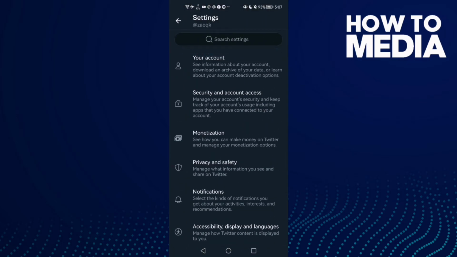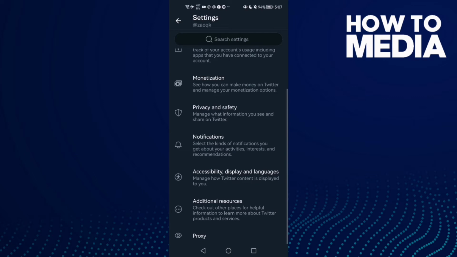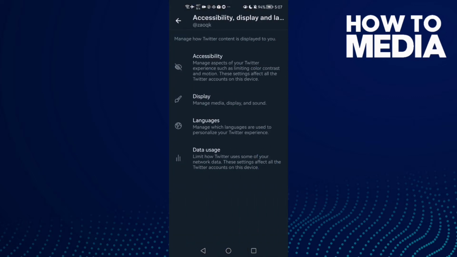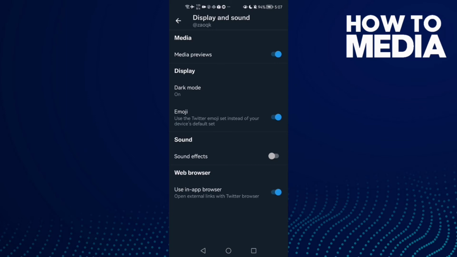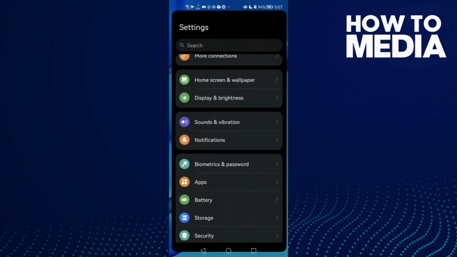Now all you need to do, just click this one, accessibility, display and languages, and here you will find display. Click on it, and here all you need to do is sound effects. Here you will find it, just allow it, and if that doesn't fix your problem then go to settings and